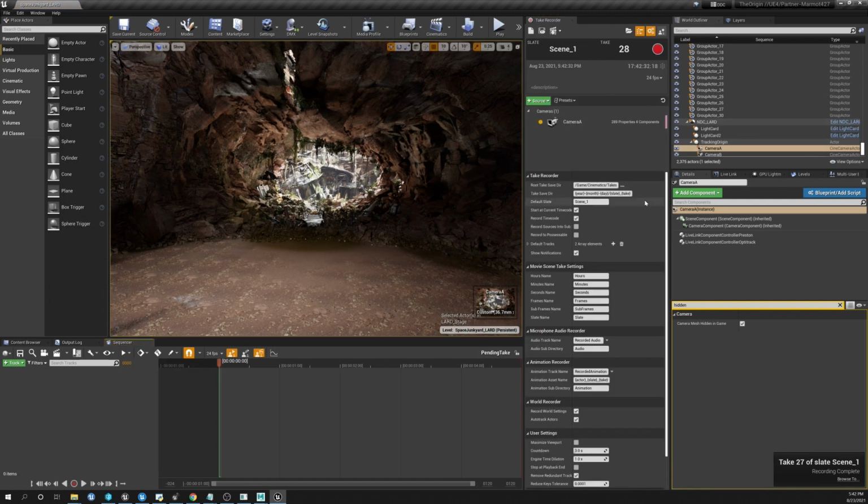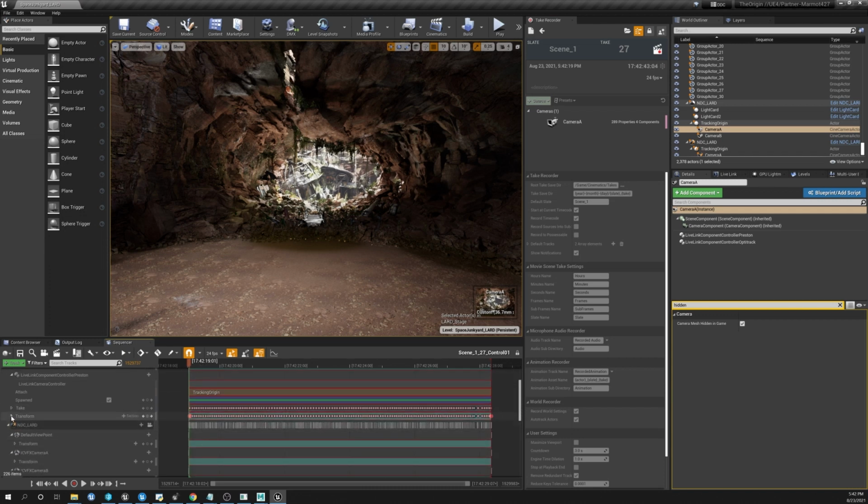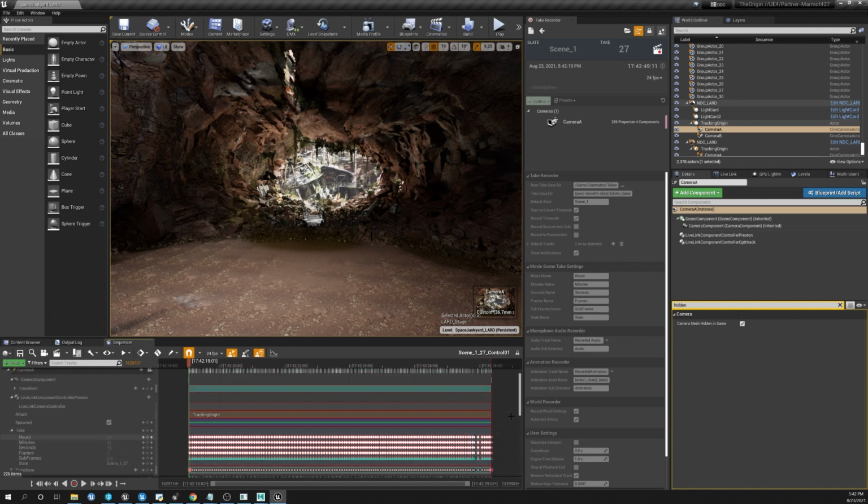To review back the camera you recorded, we can click this eyeball icon to review the last recording. And as you can see, our animation starts at the timecode point at which we began the recording. And the camera itself has a timecode take track here with the hours, minutes, seconds, frames, and subframes of the timecode at the time of recording.